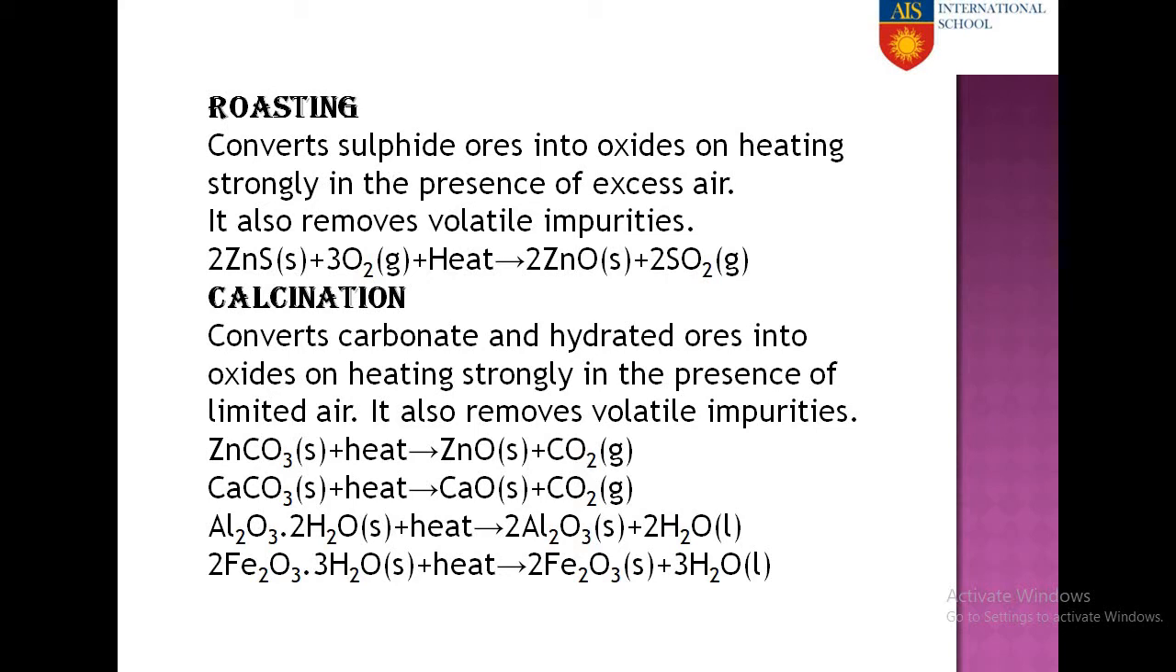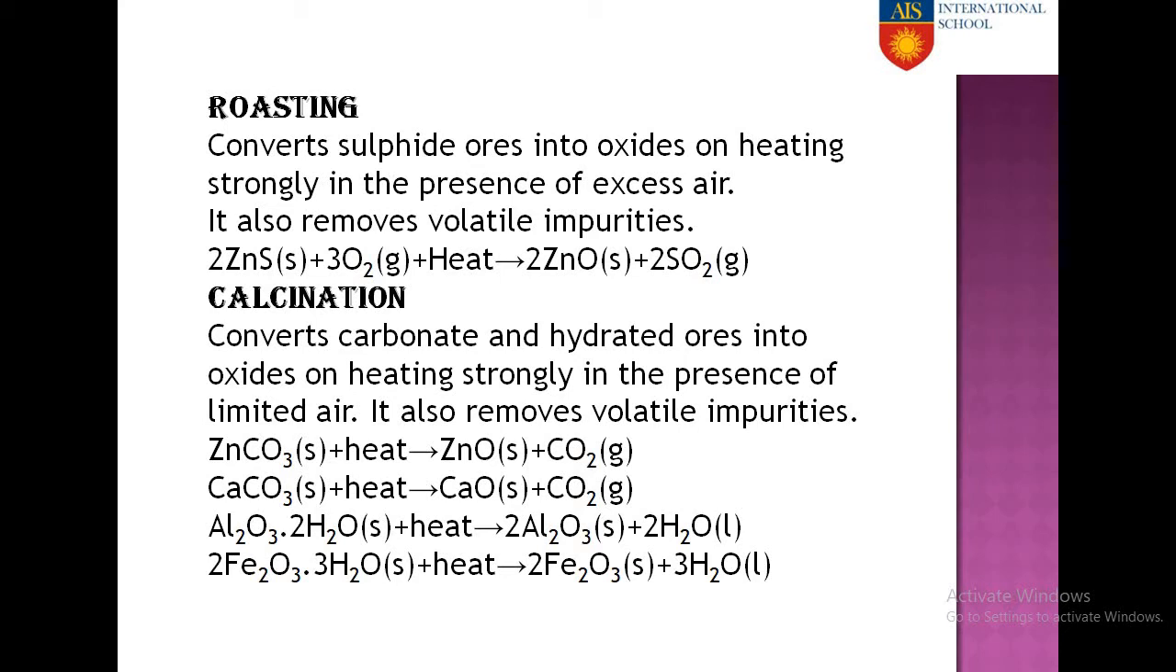Okay, so zinc sulfide, when it reacts with oxygen, with excess air, it gives us zinc oxide and sulfur dioxide. Now calcination. Another is the calcination process. Calcination occurs in carbonate and hydrated ores, and they convert into oxide on heating in the presence of limited air. In roasting, we are giving excess air, but in calcination, we are giving limited air. Roasting occurs in sulfide ores, but calcination occurs in carbonate or hydrated ores, and both processes remove